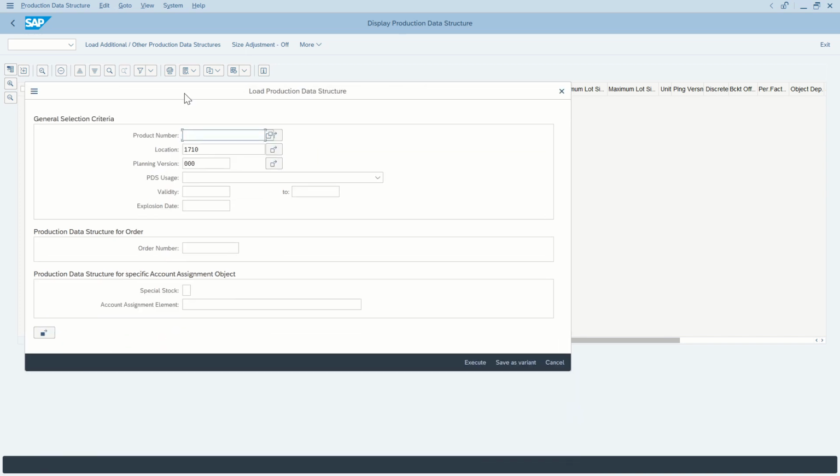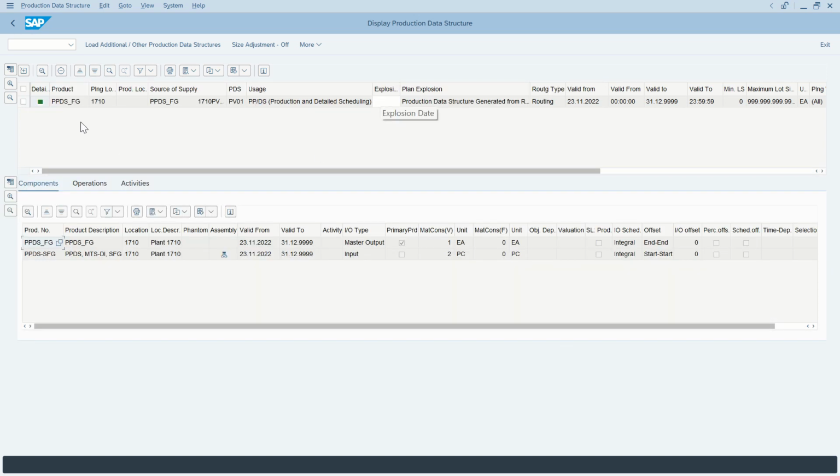I will give the product number PPDS underscore FG, right? So this is the product number. I will say execute. Yeah, see PPDS. If this is the product, and if we see, yes,